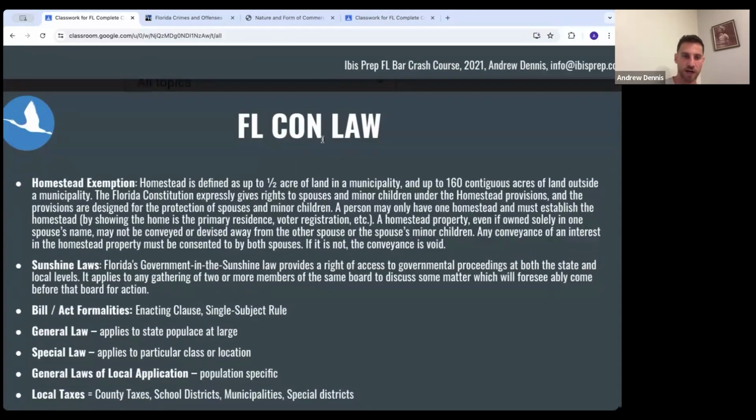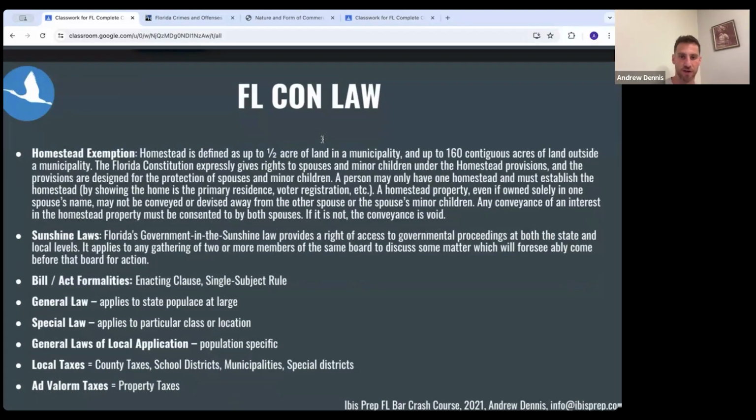All right, so Florida con law, we have the homestead exemption. Homestead is defined as up to half an acre of land in a municipality and up to 160 contiguous acres of land outside a municipality. The Florida Constitution expressly gives rights to spouses and minor children under the homestead provisions, and the provisions are designed for the protection of spouses and minor children. A person may only have one homestead and must establish the homestead by showing the home is the primary residence,